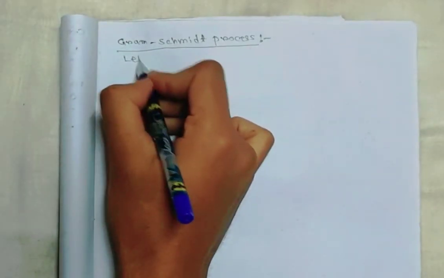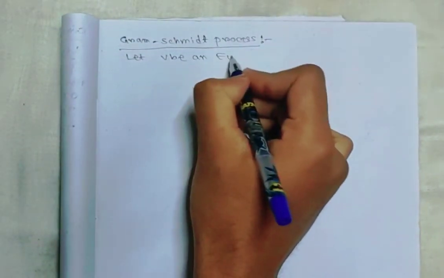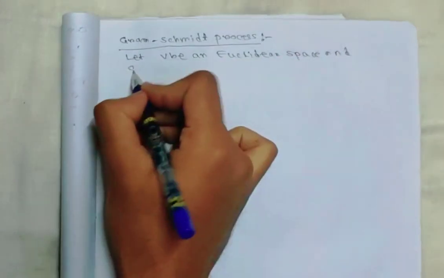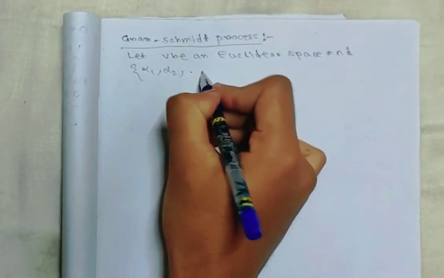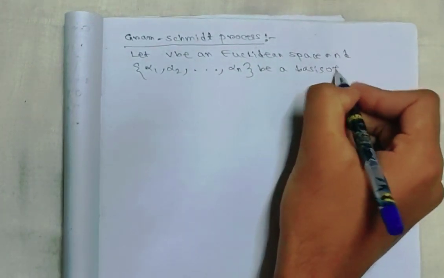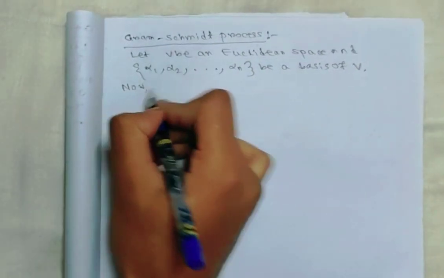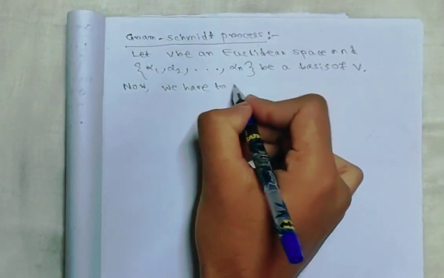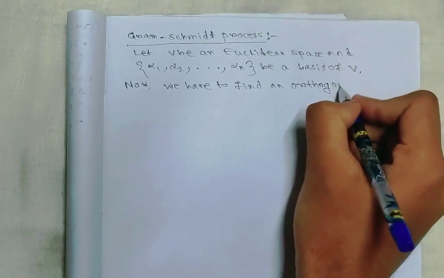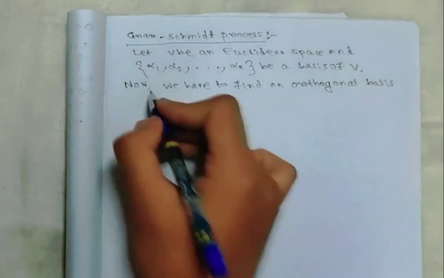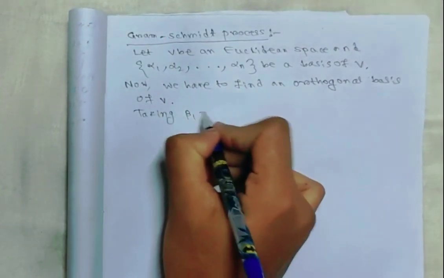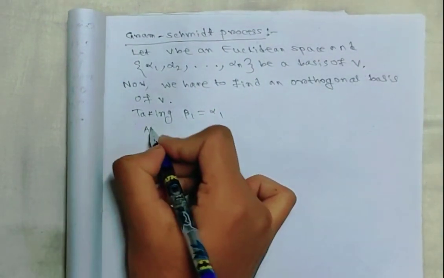Gram-Schmidt process. Let V be an inner product space, and let alpha 1, alpha 2, dot dot dot, alpha n be a basis of V. Now we have to find an orthogonal basis of V. So first of all, taking beta 1 equals alpha 1, and also taking